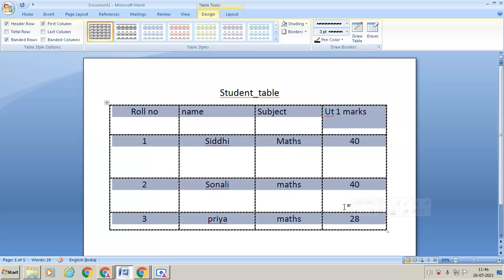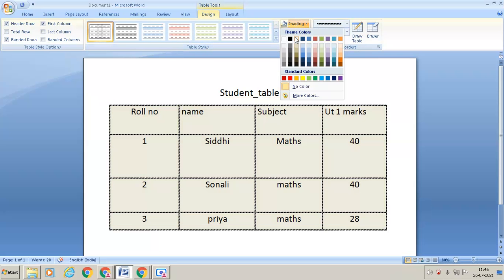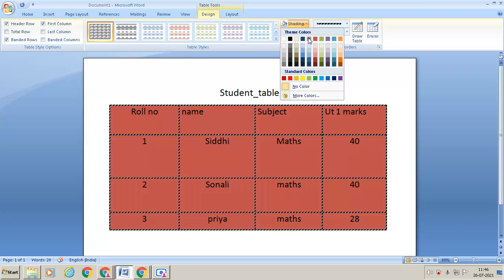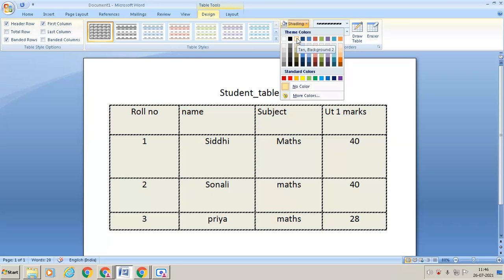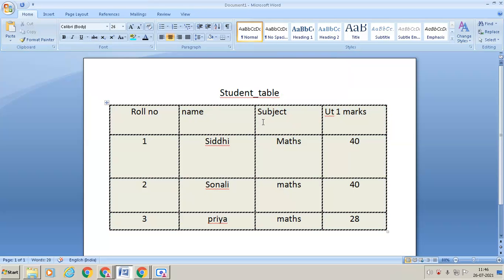To apply the shading, again you have to go to the Design tab, that is the Design menu. Just select this Shading. Whichever color you want, you can take. Okay, I'll take this one. This is my shading of my table.